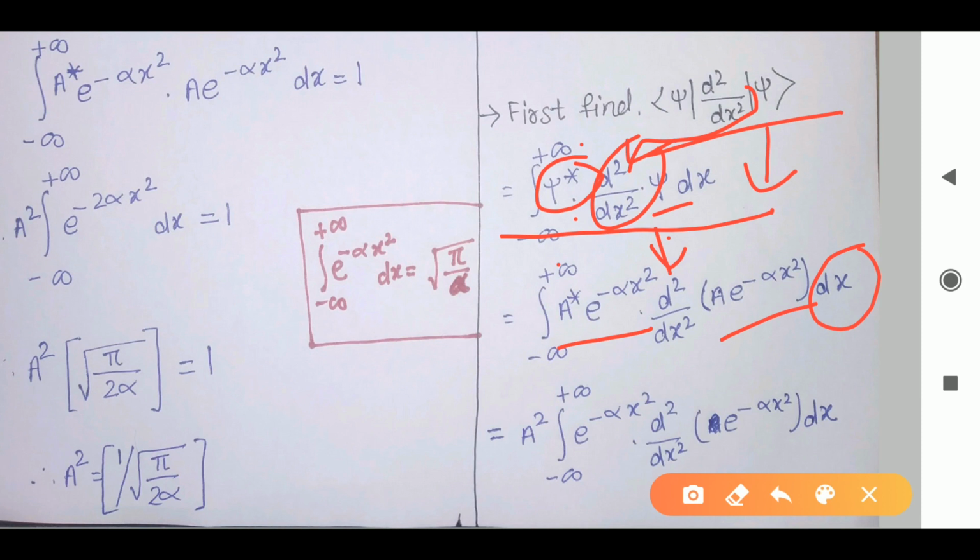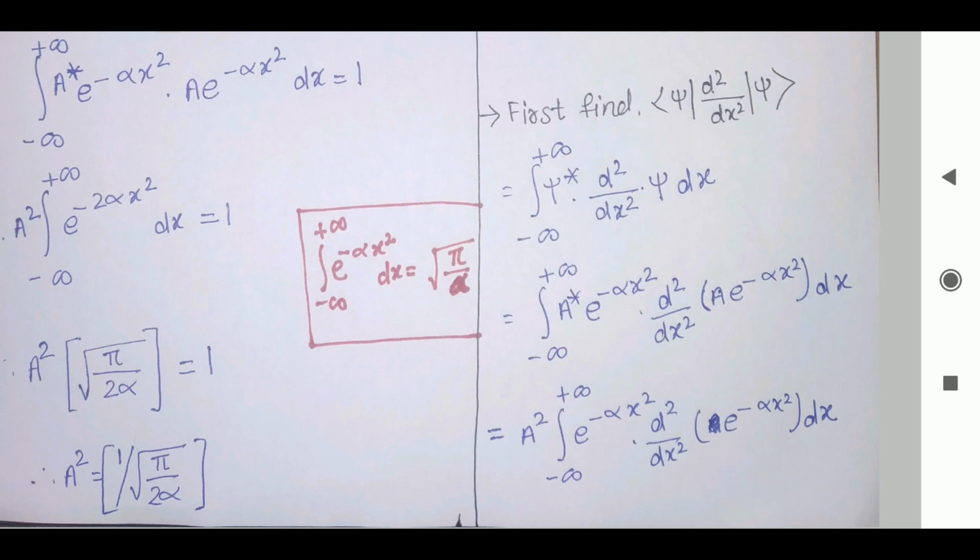Okay, now here a is common, so we can take a square outside, a star into a, that we will take as a square outside. Now here we will get e raised to minus alpha square as it is, and this term as it is. Okay, a we have taken outside. Clear? So now what we have to do is, first we have to do the double derivative of this,